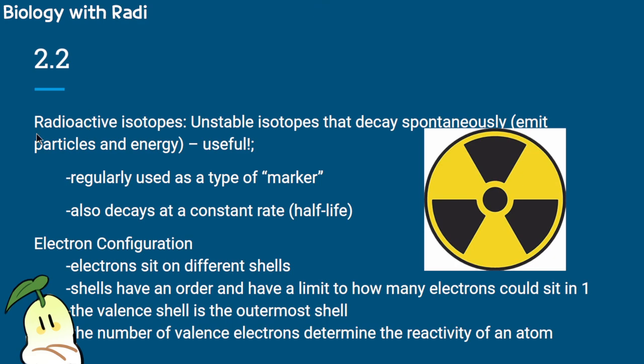First, radioactive isotopes. So isotopes, if we review the definition from the previous slide, is an atom with an unusual number of neutrons. And radioactive isotopes are specific isotopes that are unstable and decay spontaneously. And by this, it means they emit particles and energy. And sometimes these radioactive isotopes, as they decay spontaneously, could be